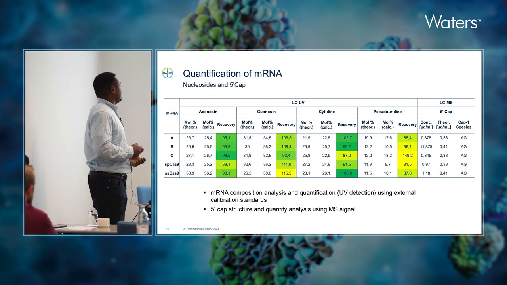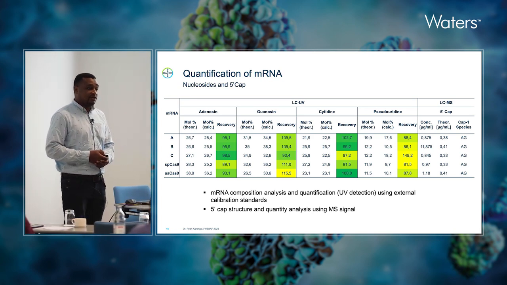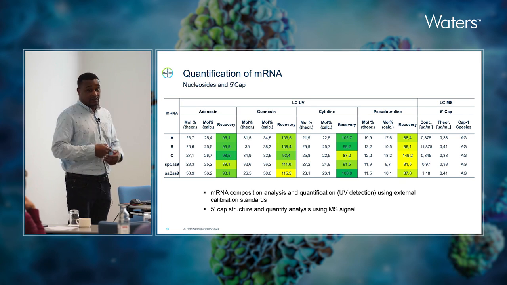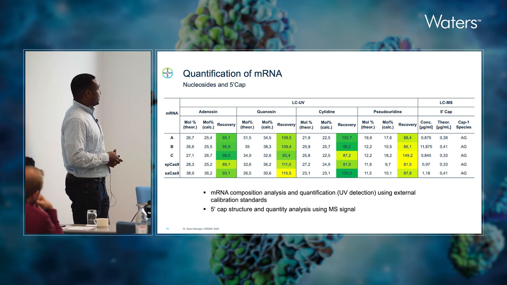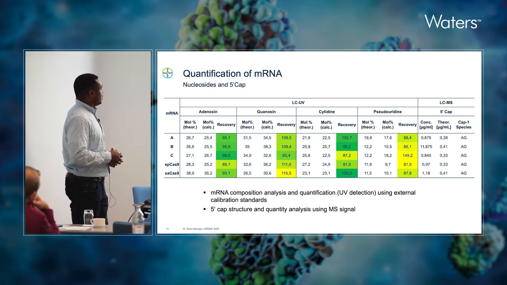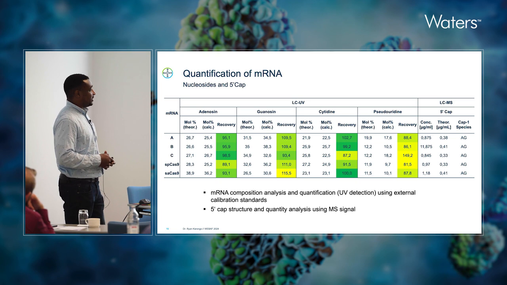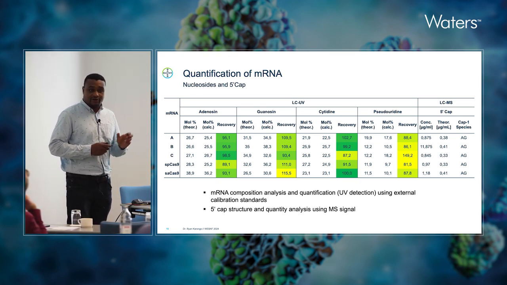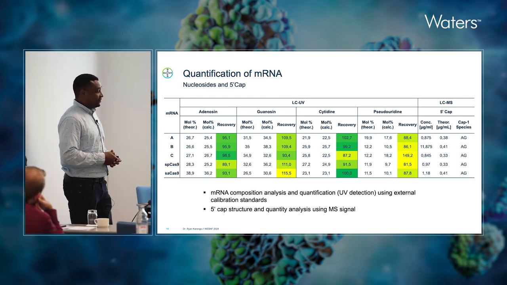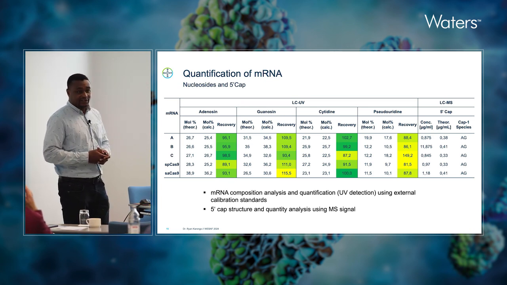So using the UV detection, we are able to do a composition analysis. So we know the sequence of the mRNA. We can then calculate the recovery as molar ratios, and we can see for the contained nucleotides, we have quite good recoveries between 85 and 115%. And our 5-cap method allows us to verify the correct cap structure, because we have also had situations where, let's say, the wrong cap was ordered, mistakes happen, and also the clean caps are quite tricky to understand.